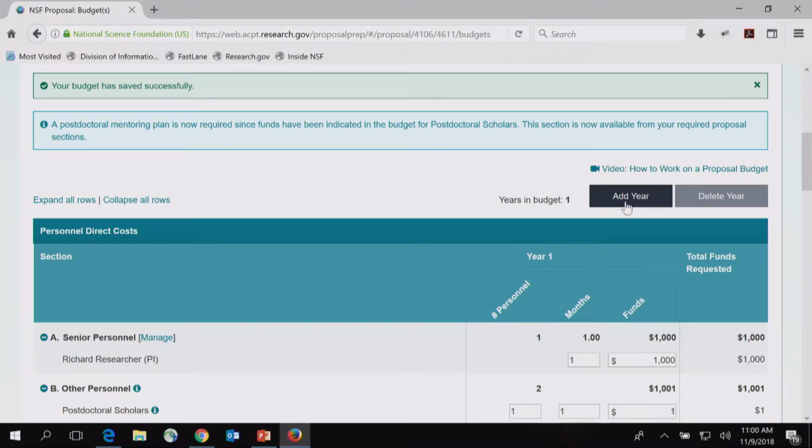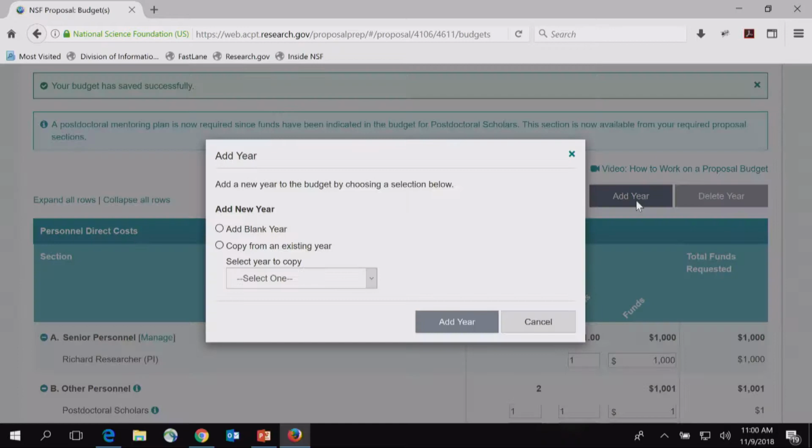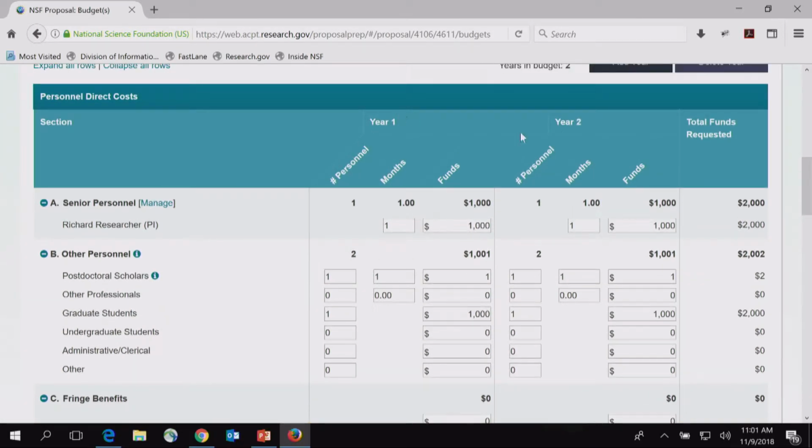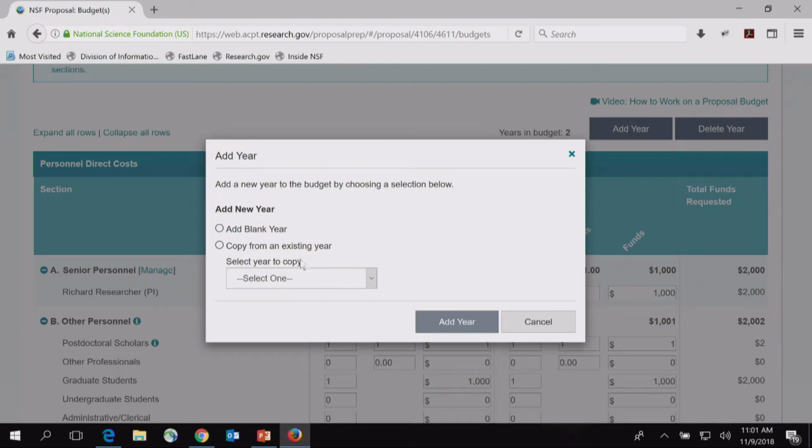Another thing that we tried to improve on Fastlane is to add a year to the proposal. We just do it in line. So I can copy from that year, nothing that new or novel there, but now I can view the years side by side. So you've got year 1, year 2, you can add a 3rd year,